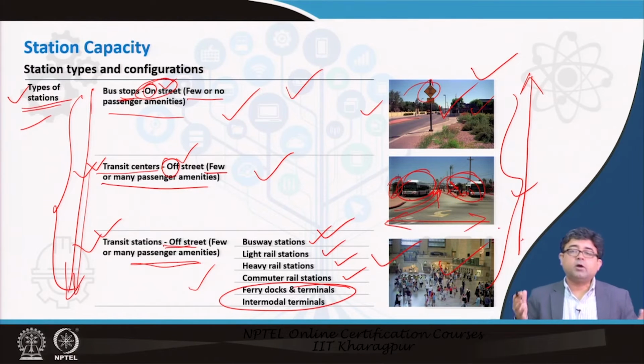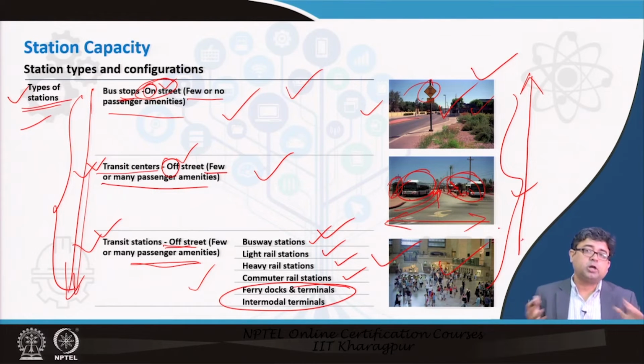So, when you are thinking about which type of station your city should have at different locations, you have to do a lot of benefit cost calculations. So, cost and capacity calculations, simply because we have learnt these two terminologies: what are the costs that go into developing this versus what is the capacity of buses that it can handle. If yours is a small town and your bus route does not require a large capacity, maybe you should have frequent bus stops. You should just design them as bus stops rather than having